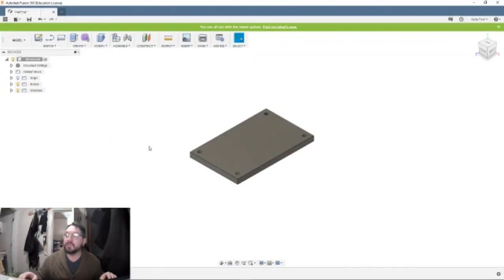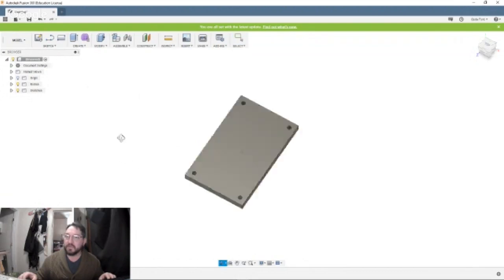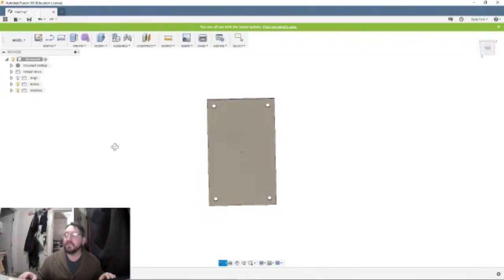So let's see if I can figure out how to. Nope. Wow, I'm just trying to relearn how to do this stuff again because there we go. Wow, I tell you what, when you're using a different mouse, it actually does make all the difference when you're trying to remember how to do stuff.